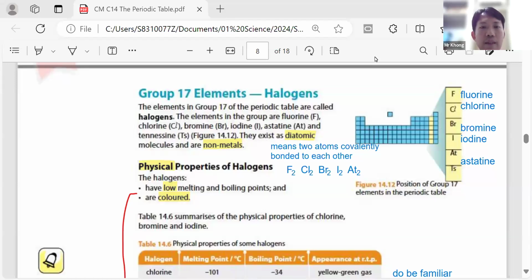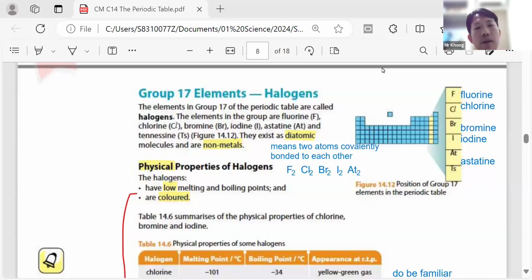Previously, we have also looked at group 1 elements, which are known as the alkali metals. Today, we are going to be looking at another group of elements called the halogens. Now, the halogens all belong to group 17. And being in group 17 means that they all have a certain number of valence electrons. I hope that you're able to tell me that for these elements here in group 17, they all have 7